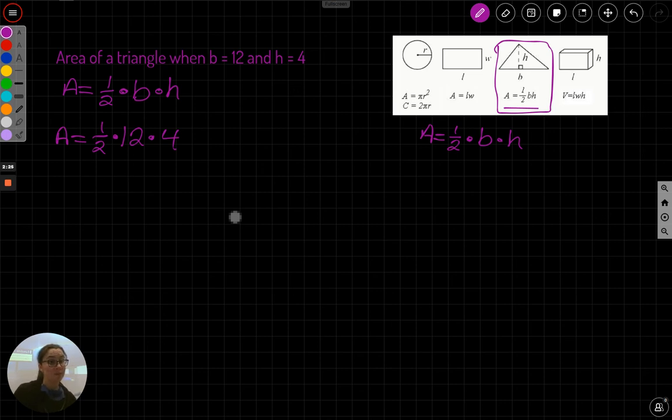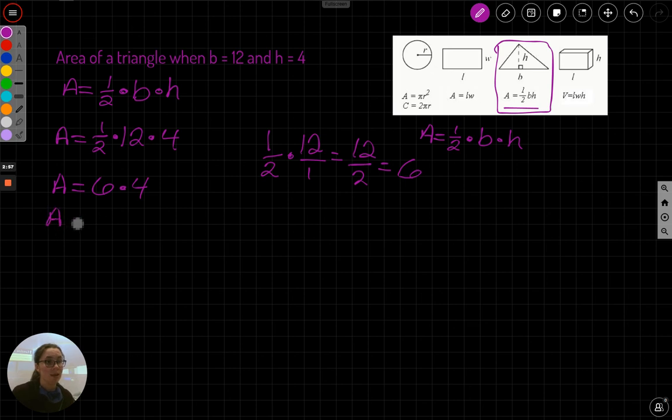Let's see here. I'm going to multiply straight across just for no particular good reason. A equals, I keep writing the A equals because I'm writing this expression. Our goal is to find what A equals. So 1/2 times 12 is the same as 1/2 times 12 over 1, which equals 12 over 2, which equals 6. So this is going to be 6 times 4. So A is going to equal 24, and we should put square units here